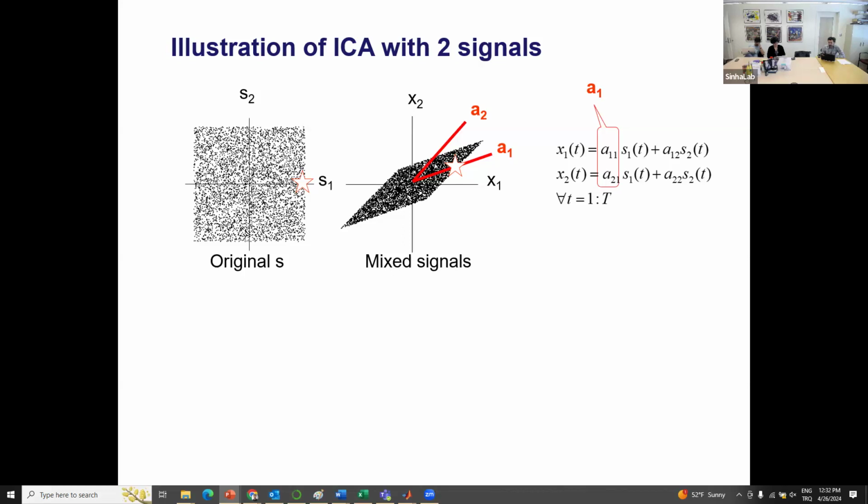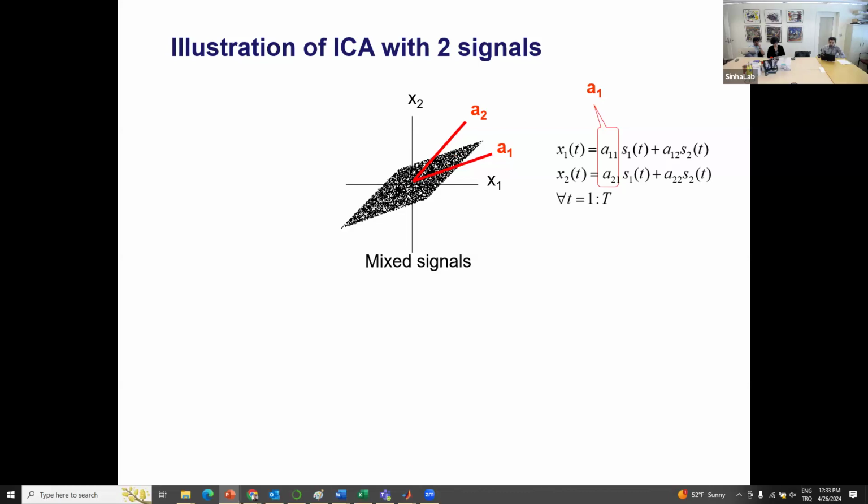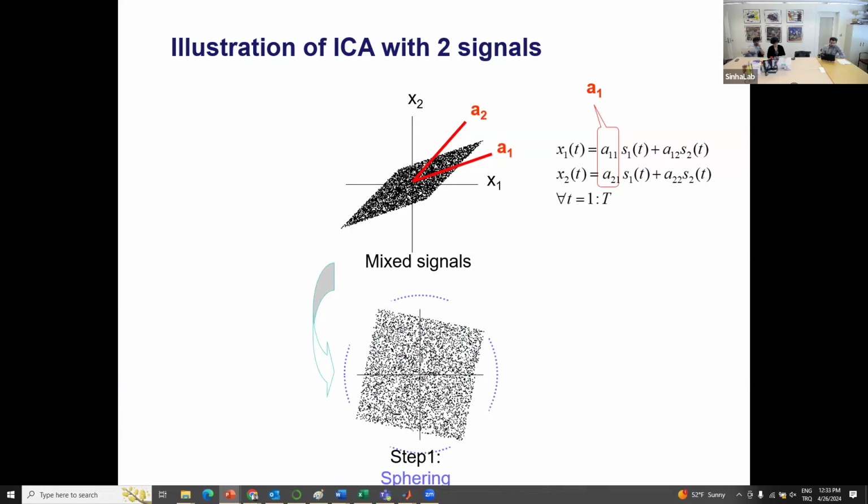There are two different new axes, basically, that define X1 and X2. And these are characterizing the mixing matrix. So what we want to do is find, first, the rotation: what's the needed rotation to get this A1 and A2 in place such that it's close to the original axes. And this is step one. And then step two